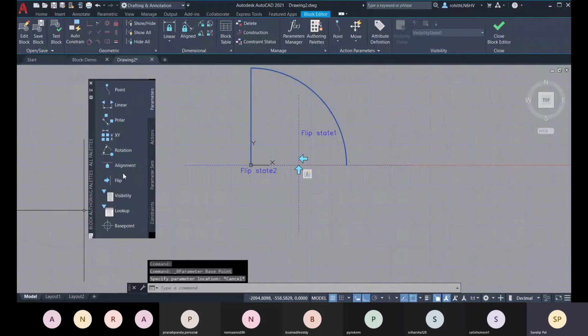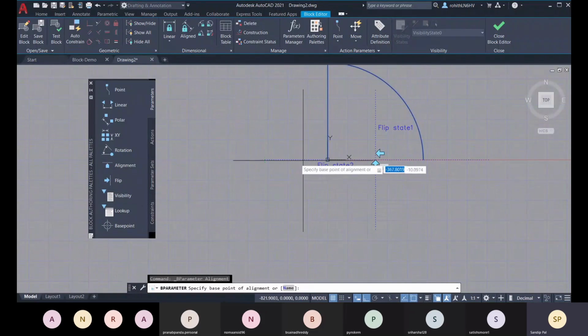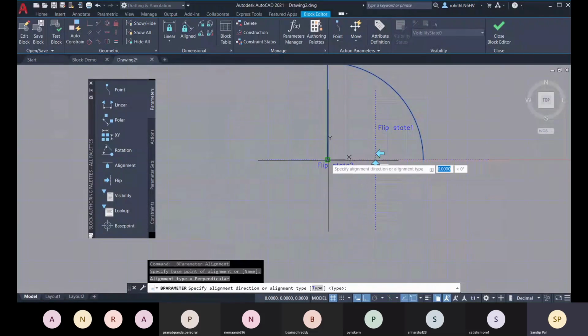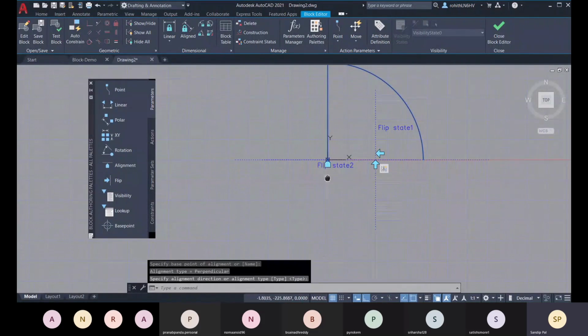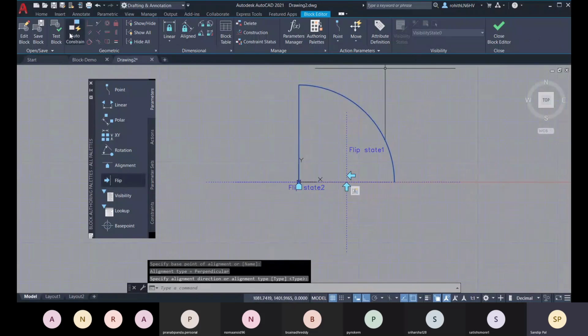Now let me just change this alignment. Suppose you need to go for the alignment, there you can specify the base point for the alignment and what will be the alignment direction, so you can change the alignment direction there. And you can go for the test block there.